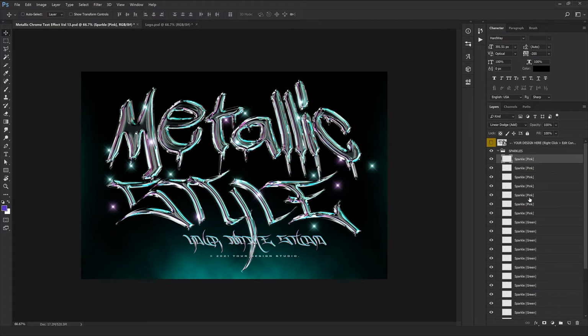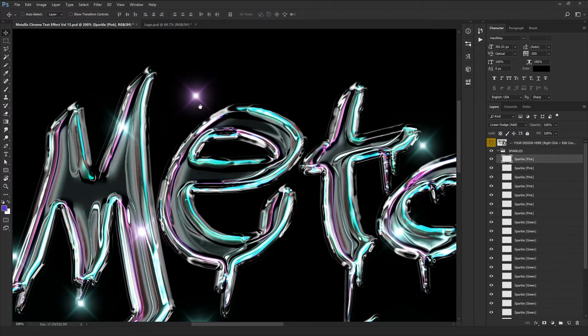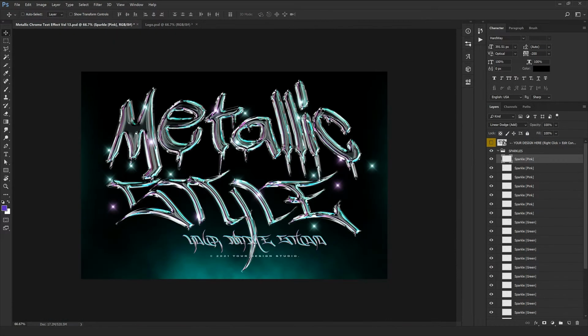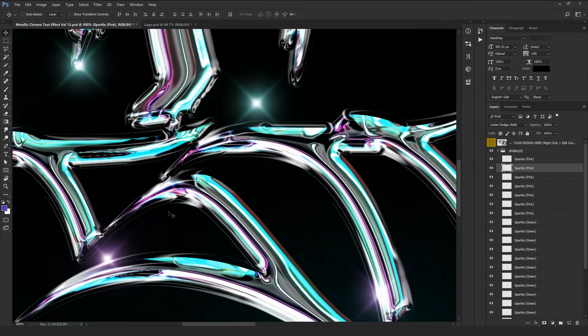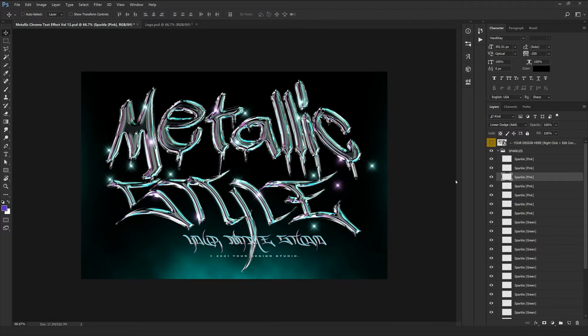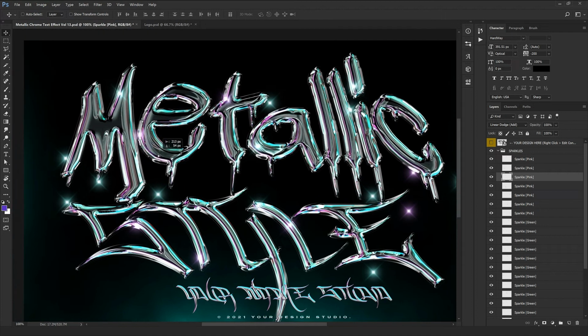For example, we have purple and green right here, which you just need to select them one by one and drag them on the edges of the text. I suggest, as mostly the sparkles are used at the corners, just place the green ones on the green parts and the purple ones on the purple patches. So if you want to have a beautiful realistic light reflection, just try to place them on the edges and